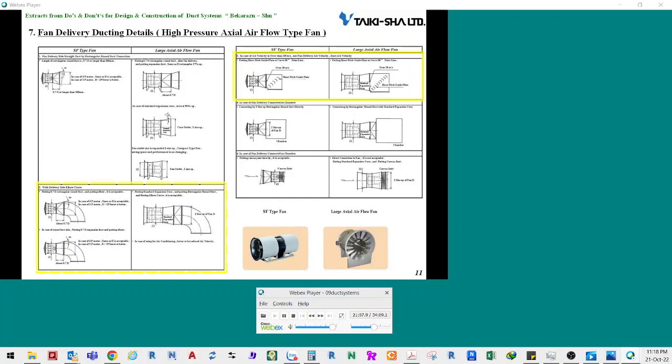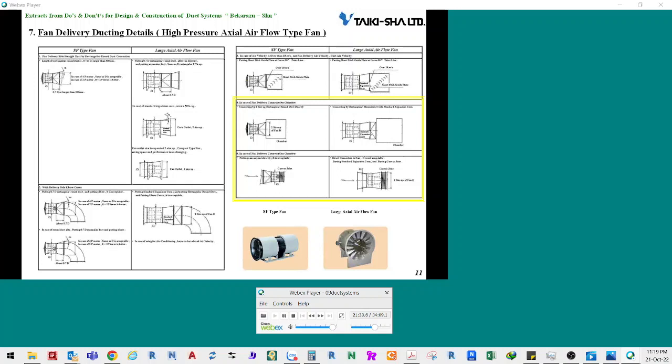Low-velocity ducts are used as air conditioning ducts. Design fans so that the wind velocity in the duct is not faster than 10 meters per second. Next, if a chamber is connected to the discharge outlet of an SF fan, design it so that the chamber is connected to a rectangle to round duct with an opening 2 sizes larger than the base of the fan